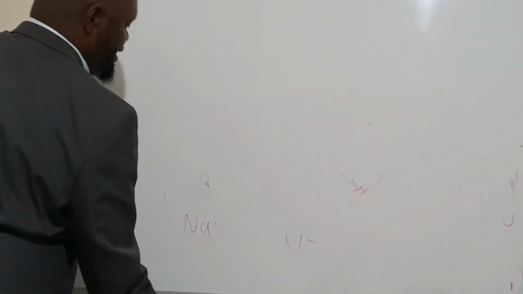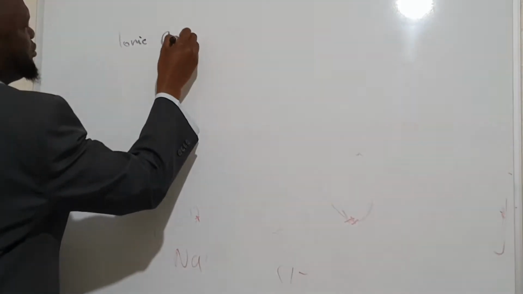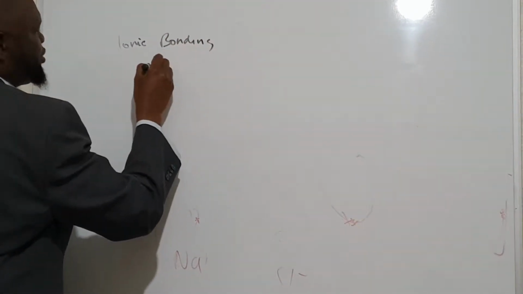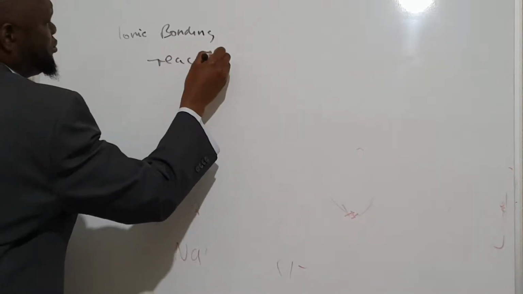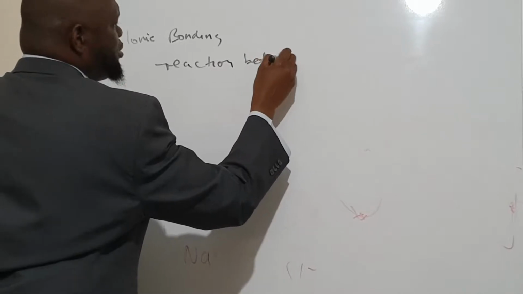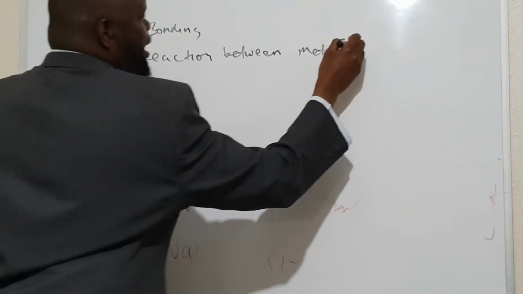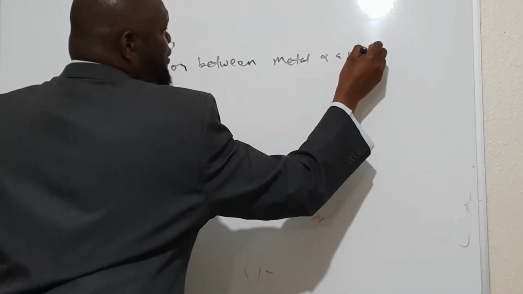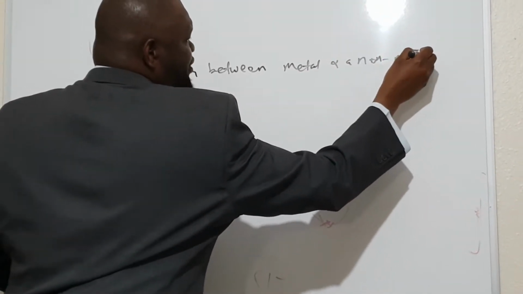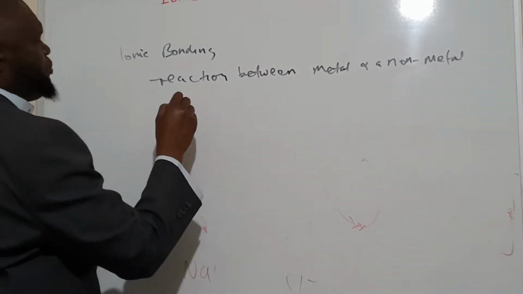Ionic bonding, basically, is the reaction between a metal and a non-metal. That is the basic definition. Basically, it will be between a metal,